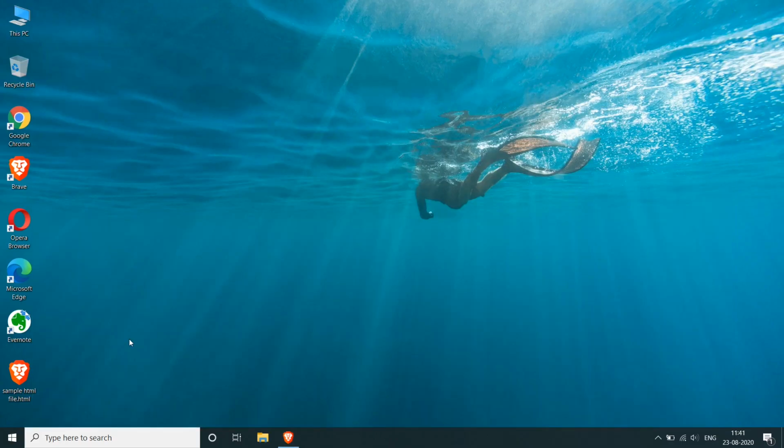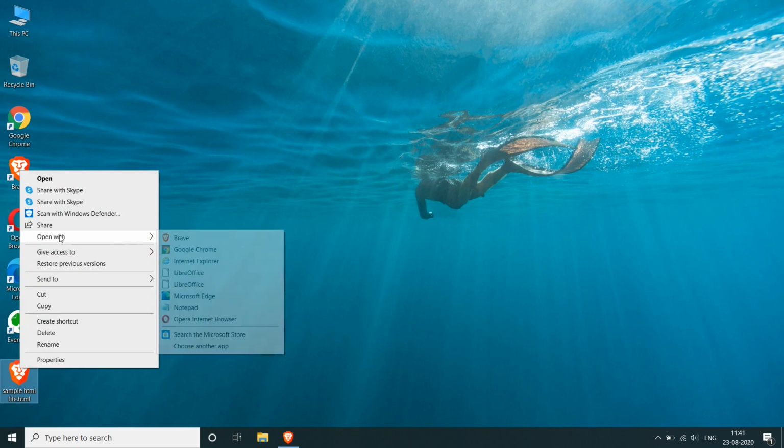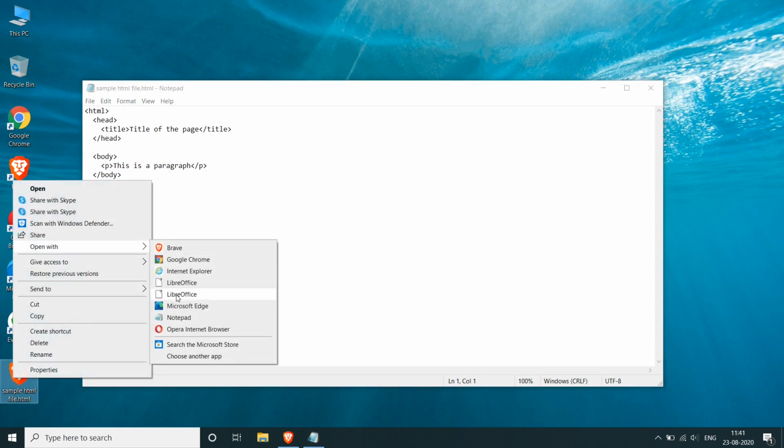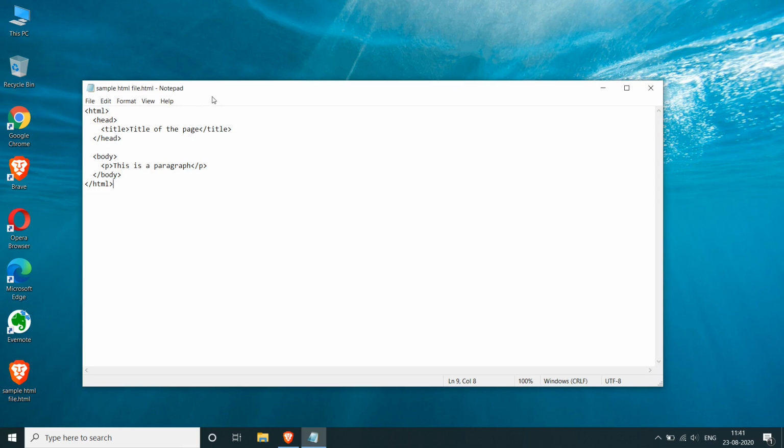So now we're opening an HTML file to have a look at the code. So let's see how to do that. We're going to right click and then say open with, and then we can say Notepad. We can also say other text editors. If you have another text editor on your machine, you can use that. But Notepad works fine. So basically just right click, open with, Notepad. And it will give you this.